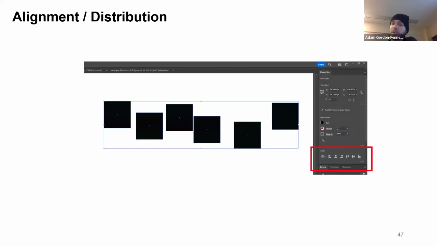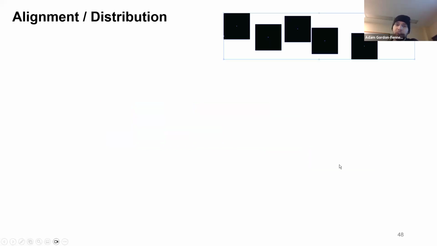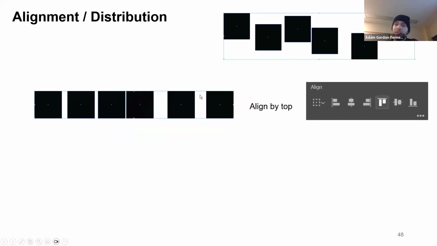No, okay, I'll go over them quickly. So this is a useful tool after you have many objects. You can select them all, and then over here on the right side in the properties section, there are some tools in the align section, and these will change the position of all of the objects in some organized fashions. The first is you can align by top, which will now align everything by the top of